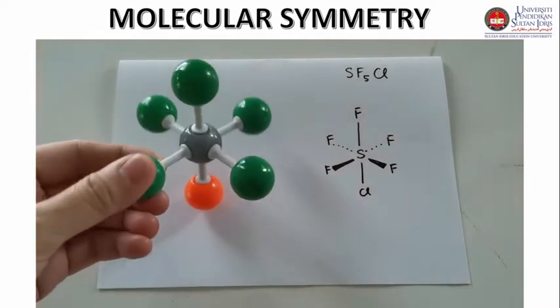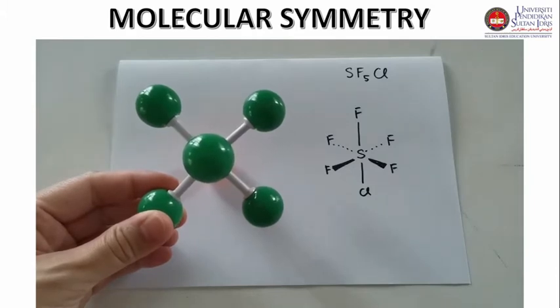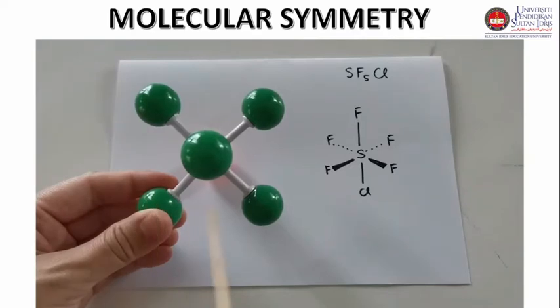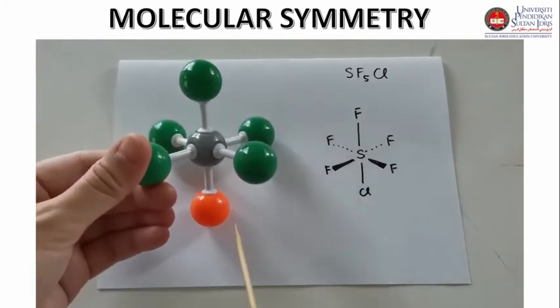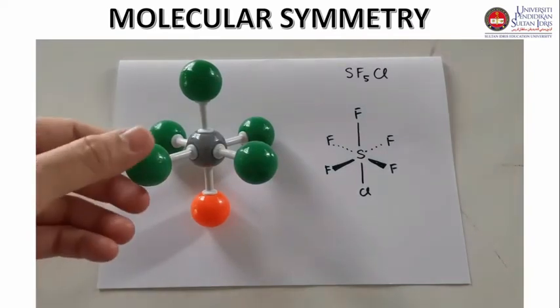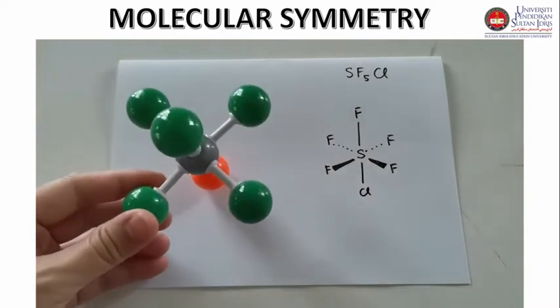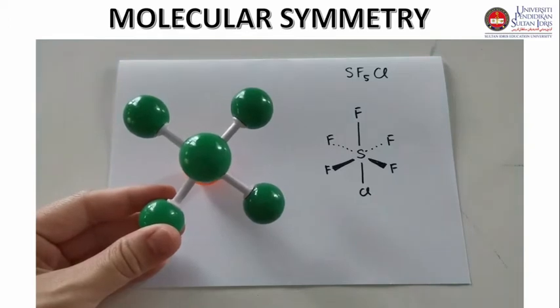Okay guys, now we can check the top view of this molecule. This is the top view of this molecule. You can clearly understand that sulfur, this fluorine, and this fluorine; this is the chlorine atom. This is above and below, and all the four fluorine and sulfur lie in the same plane. You can clearly observe it through this picture. Now we check which type of symmetry operations are involved in this molecule.